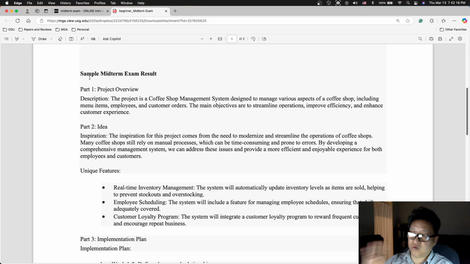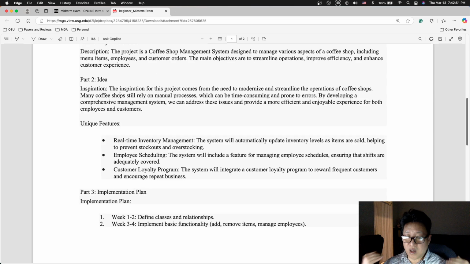Okay, part 1, project overview: describe your project name and the purpose of your project. That is the overview. Part 2, idea: the inspiration of the project. Why did you choose this project? Why are you going to change the copy system or library system or management